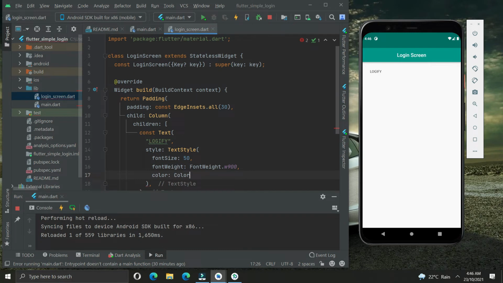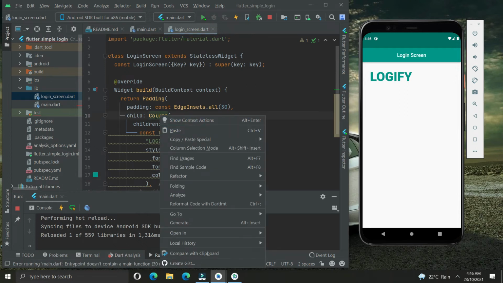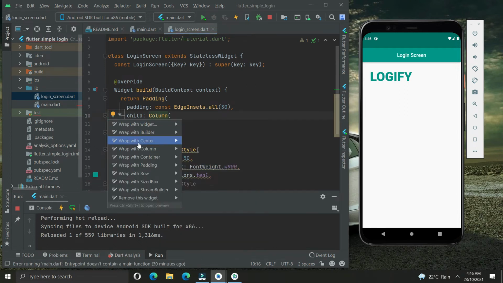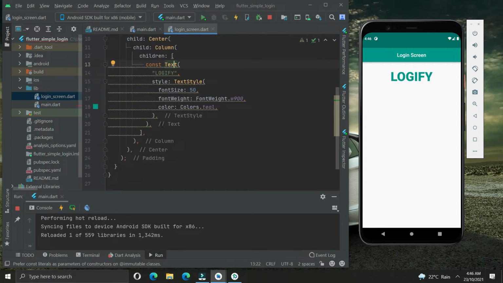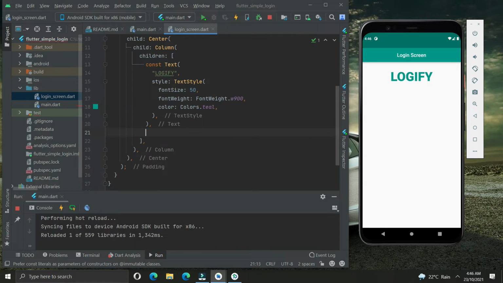Once I am adding it, now we will add the colors.teal. Now we will make the column widget in the center. So we will wrap the widget in center. So you can see the Logify text is in the center.